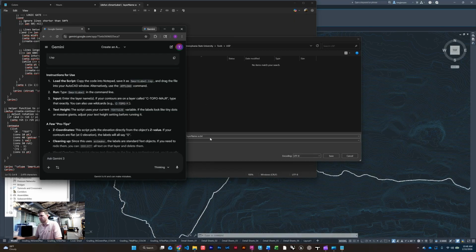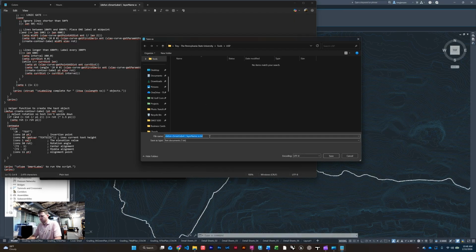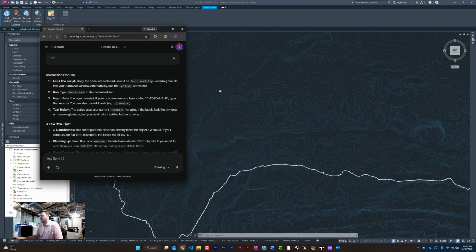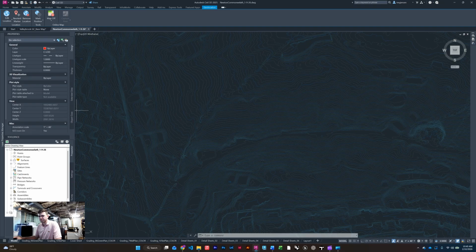Smart label. Yeah, so I'm going to name this smart label.lsp. Save. All right, I can exit this. Now, back in my CAD file,